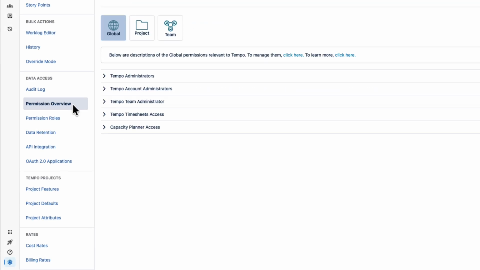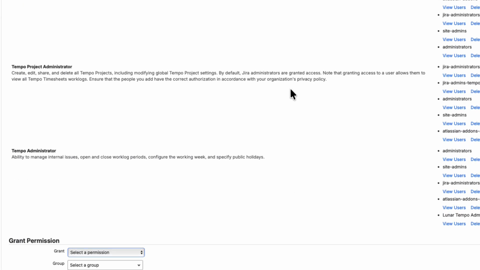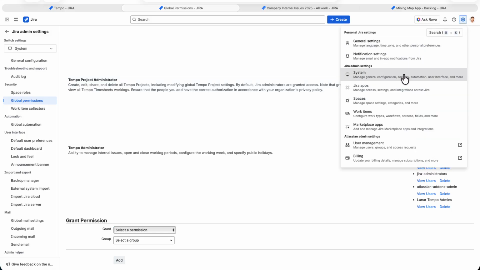The first thing you should do is make sure that everyone who needs access to Capacity Planner has it. And this is done with a global permission. So I'm on the global page here, and I'll just click this global link, and that takes me to the Jira global permissions screen. And note that you can also get here from the Jira settings up here at the right. Just select System,